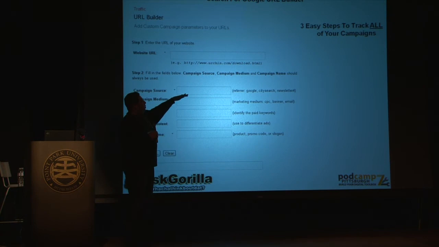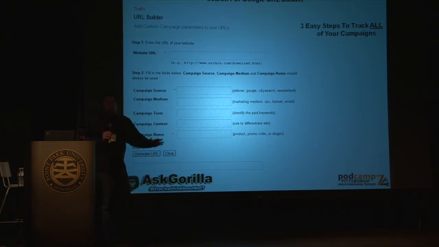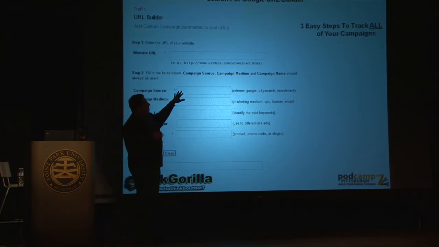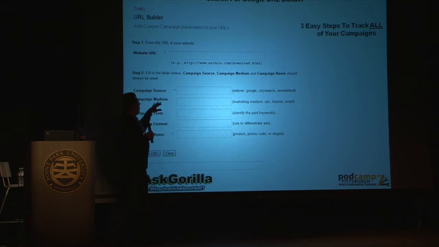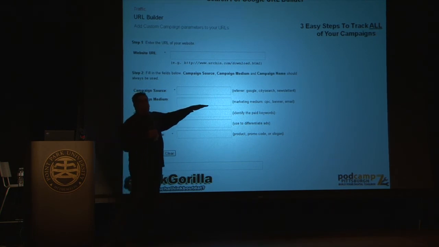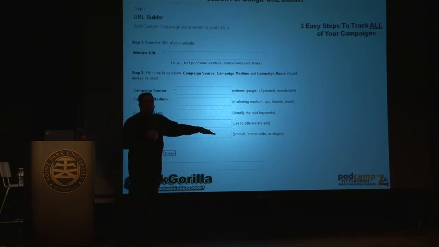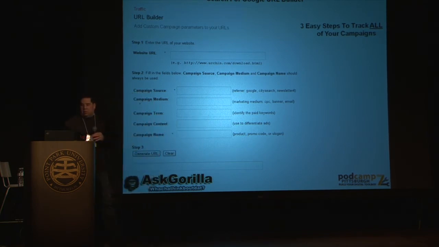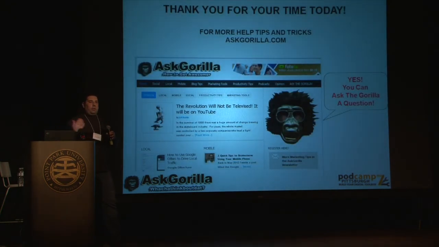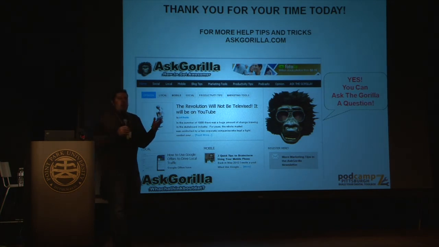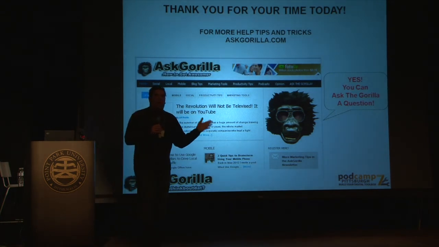You paste in your website.com. You enter a source. Where is this going? In this case, for you today, you're going to do YouTube video. So your source will be YouTube. What's the medium? It's a video. We're doing a video overlay. And then what's the name? We're going to call it video ad 1 or whatever you want to name it. And when you click generate, you'll get this URL that you can track,